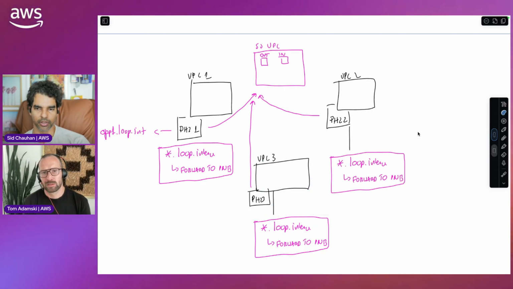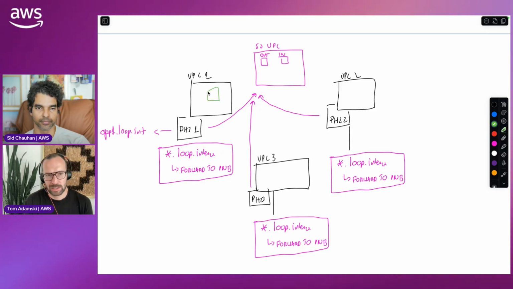Tom, would it be to the inbound or to the outbound? To the inbound. So it would be via the outbound. Oh, yeah, via the outbound. Okay. Yeah. So what would happen is, if we follow a life of a query with this model,